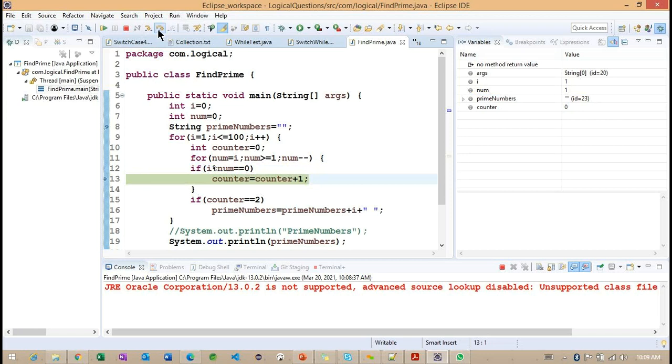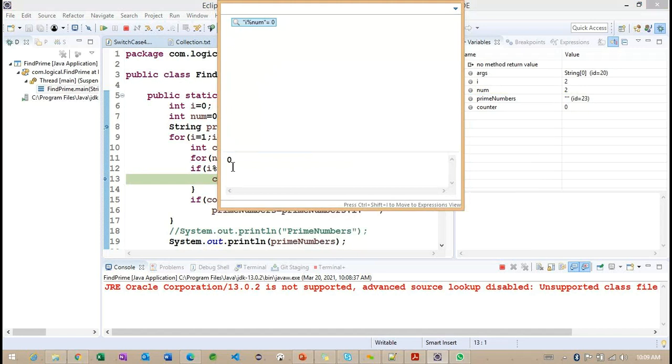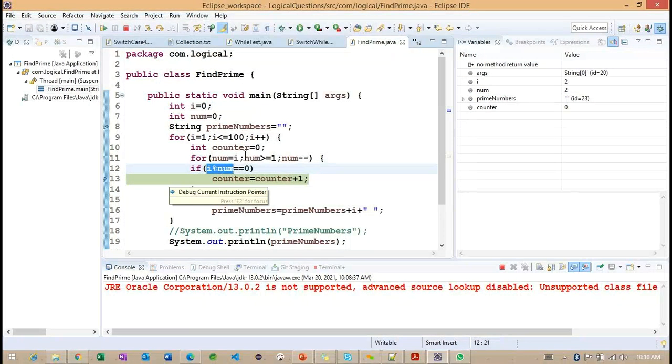The number it's dividing is 1, right? And what is the counter we are having? 1 here. It will not go into this particular prime number. Now what is again we are checking with the above loop here, counter 0. So I value becomes 2. You can see the condition, this particular modulo operator is returning 0.